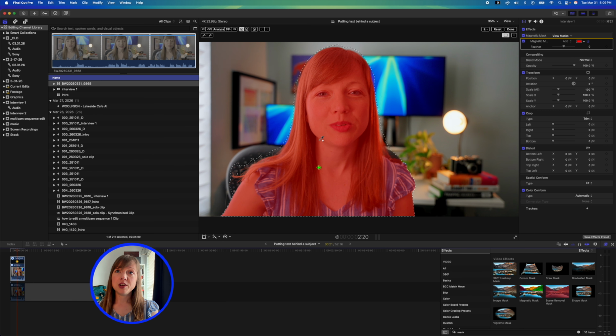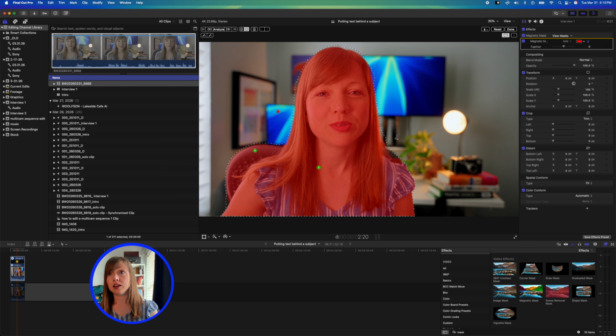So with this eyedropper tool, I would like to add my chair into the subject. So I'm going to click on the chair and it automatically selects the chair, but it's also selected part of the screen. So I'm going to hold Alt and then the minus sign appears. You could also manually come up to this minus button up here to shift into the subtract eyedropper. And now we're going to click on this screen, and that looks like it did a pretty good job of